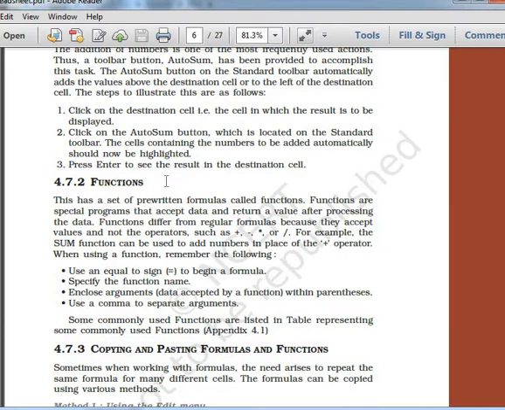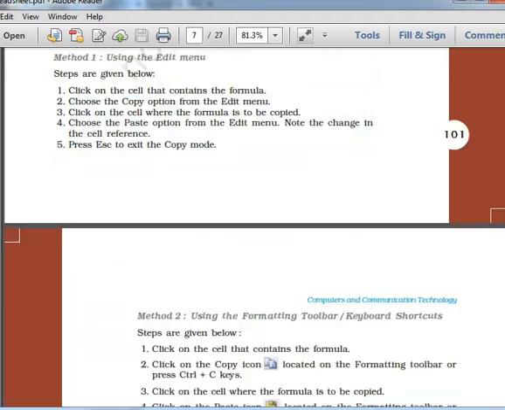Then there are functions. A function is nothing else but a formula. Anything that you want Excel to do on your behalf, like calculating average, mean, median, mode, all these things can also be done through Excel.